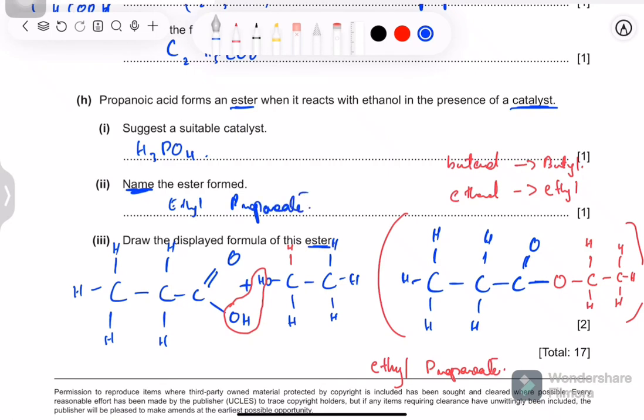If they don't ask you for the structure, you can draw it for being sure, but just by saying the name of the acid. For example, if it is hexanoic acid plus propanol, you know that propanol becomes propyl and hexanoic acid becomes hexanoate. Okay,